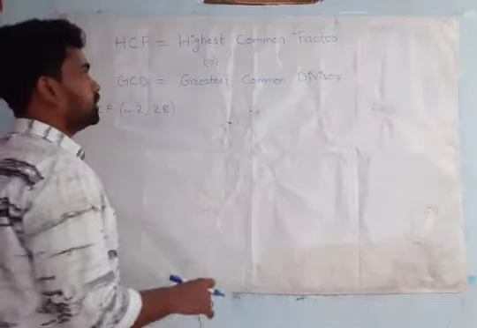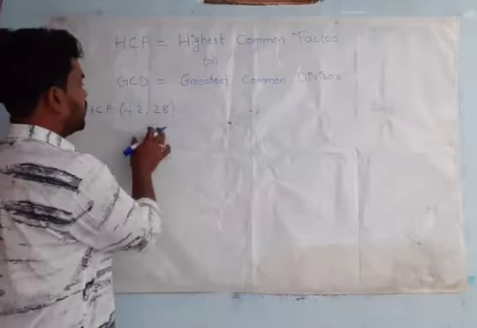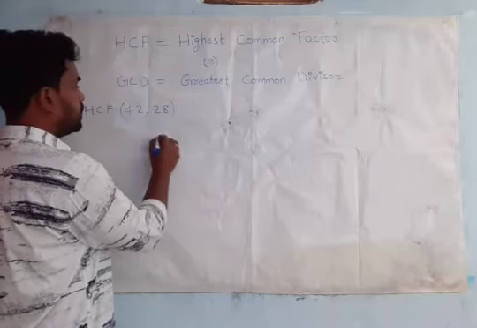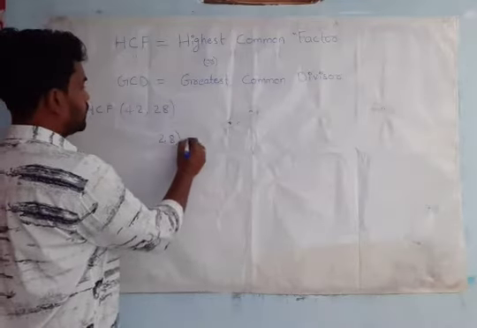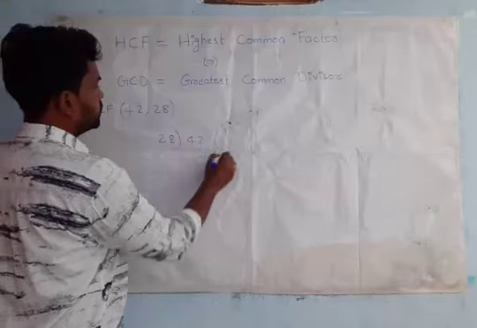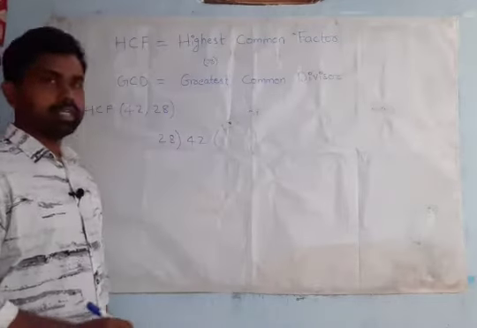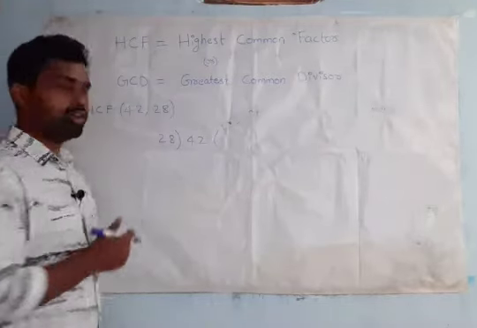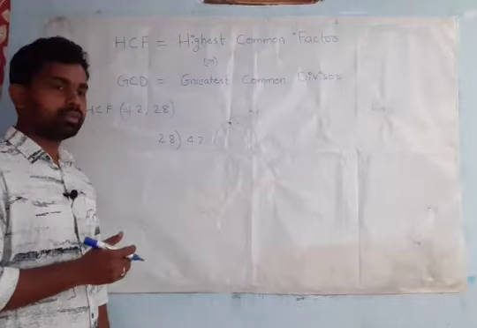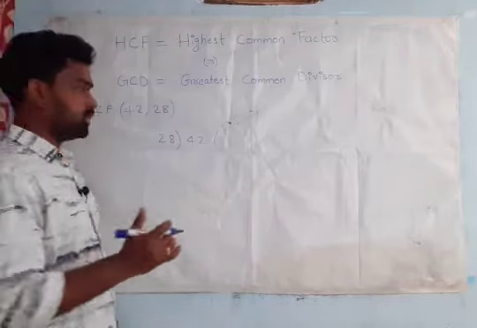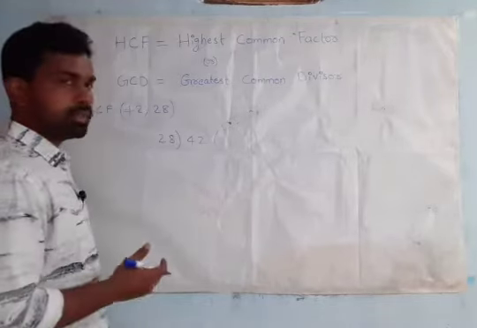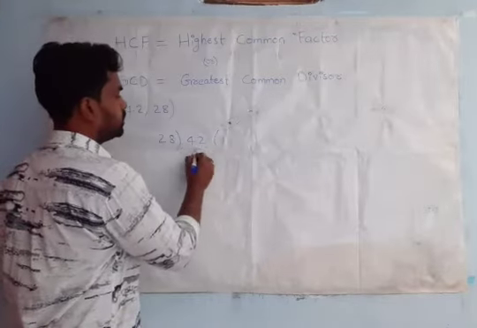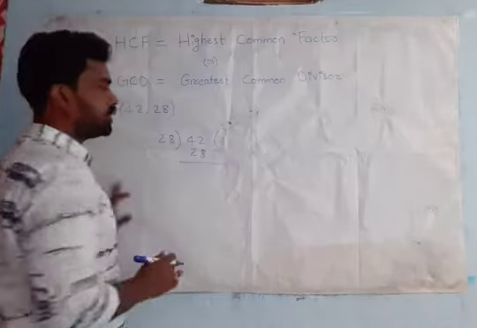Now look here. We have to divide the bigger number by the smaller number. Among these two, the small number is 28, so I am dividing 42 by 28. In the 28 table, 28 twos are 56, which is more than 42. So we should take only a value less than or equal to this number. Equal is not there, so we take the lesser value. 28 ones are 28 only.